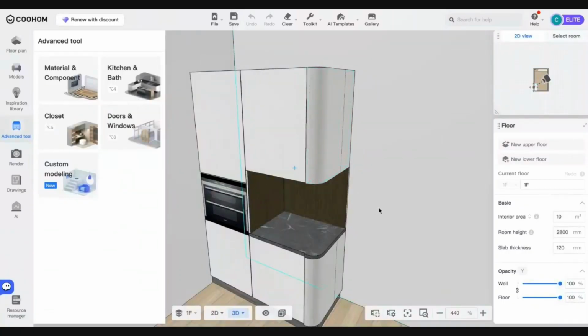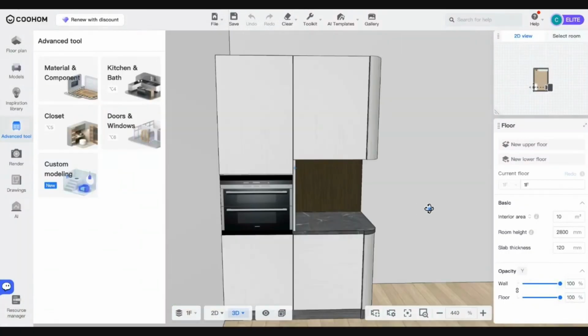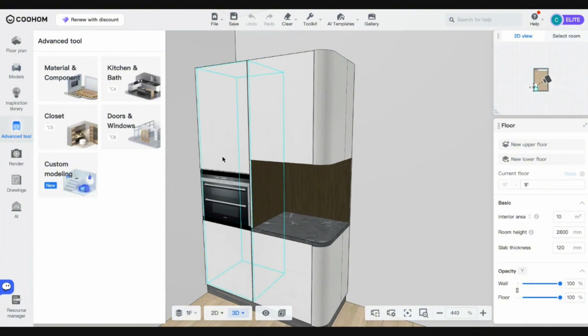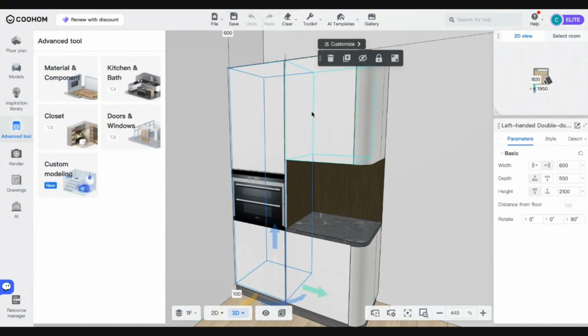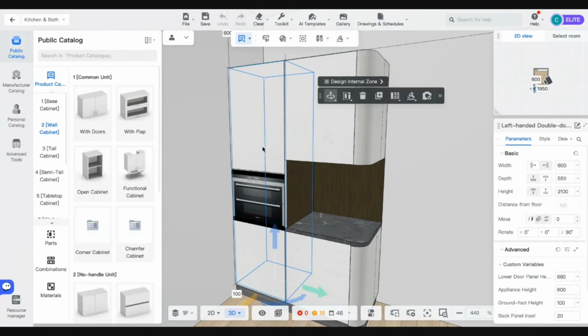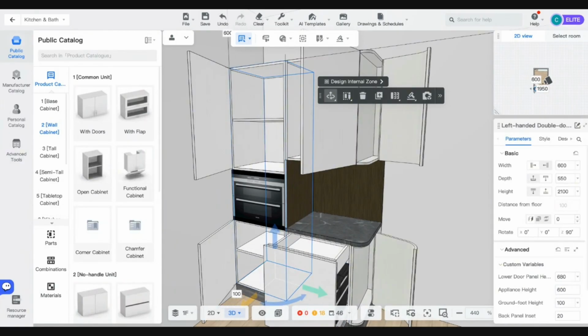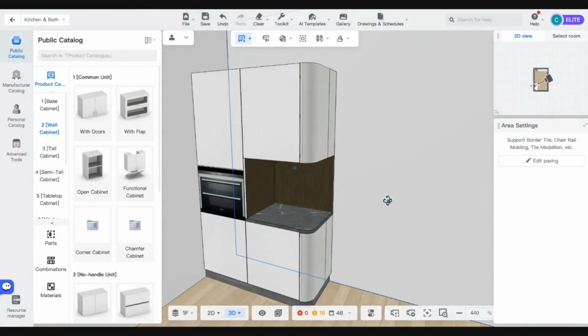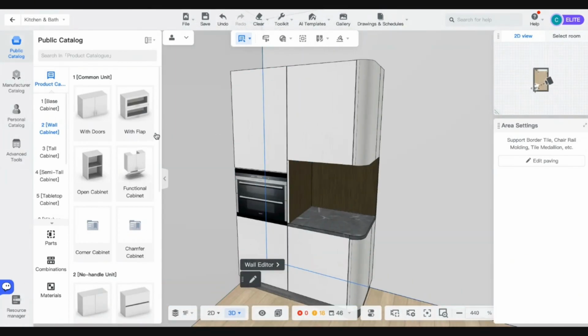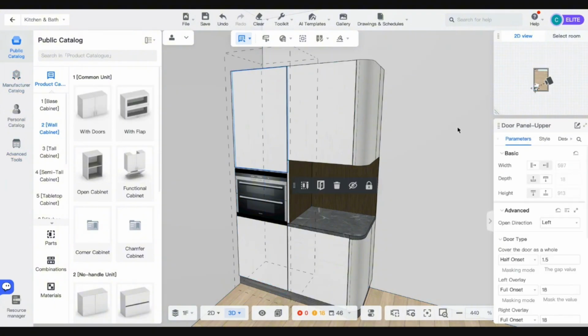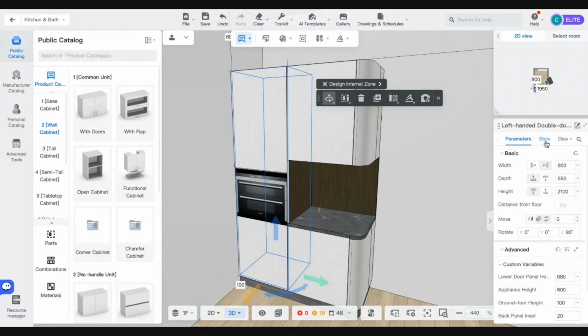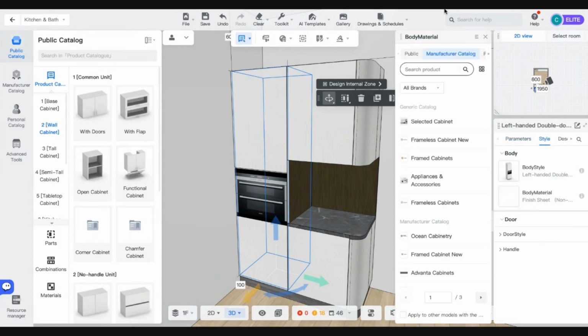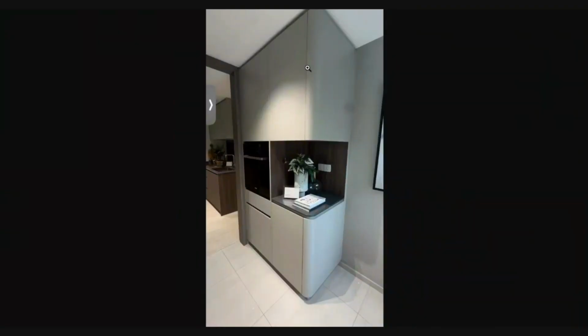Sorry about this one, custom models. We can edit, customize more. And then materials. So you can go to the material styles here, body materials. If we see here like gray color,